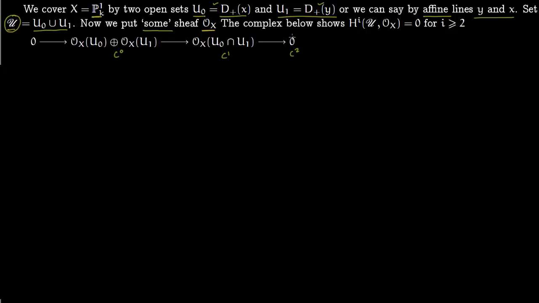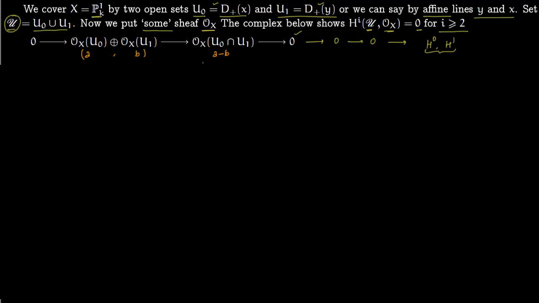So you can immediately say that for 2 and higher you will just get zeros. So your cohomology groups for 2 and higher are just zeros. So H^i for this space U, the union of U0 and U1, with a sheaf on it, is 0 for i greater or equal to 2. But we have to calculate two groups, H0 and H1. So this we have to compute. Here elements a and b, you will write it as (a, b). This gets mapped to a minus b. So this is your standard Čech complex.